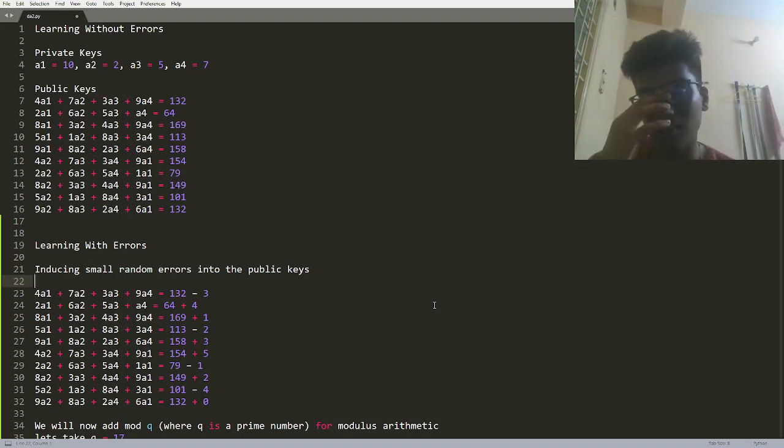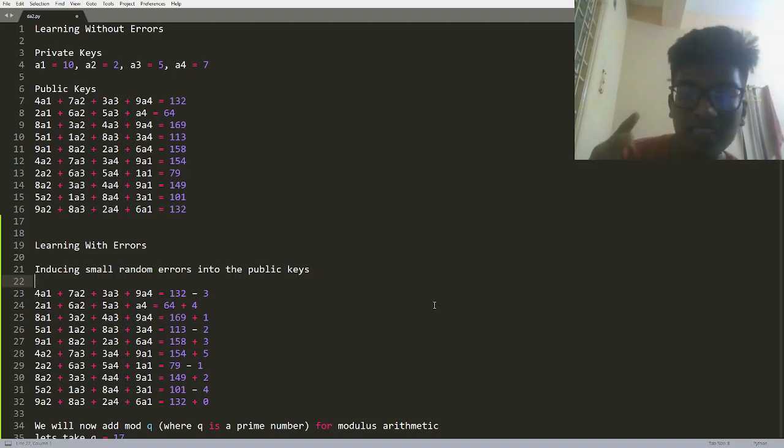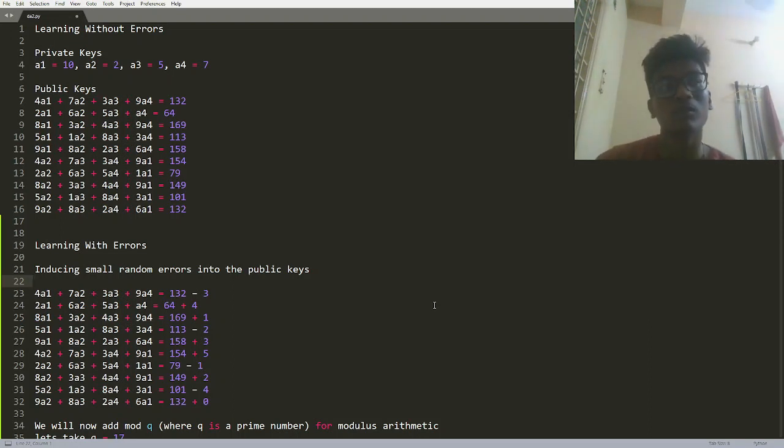So this we discussed last time. It is not exactly impossible to solve. It is just so difficult to solve that it is not worth it. That is the goal of this encryption technique, because there is no such thing as an impossible to solve problem. If it was impossible to solve, then even the encryptor could not encrypt with it. So it will be very difficult to solve without the private keys. That is how these encryption standards work at their current level.